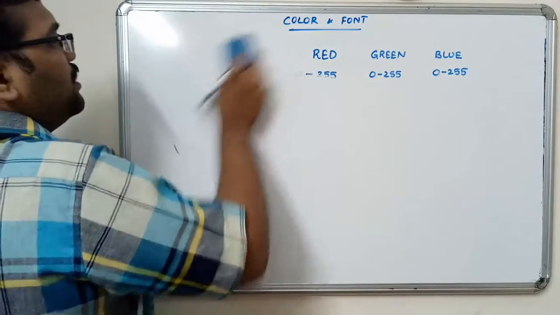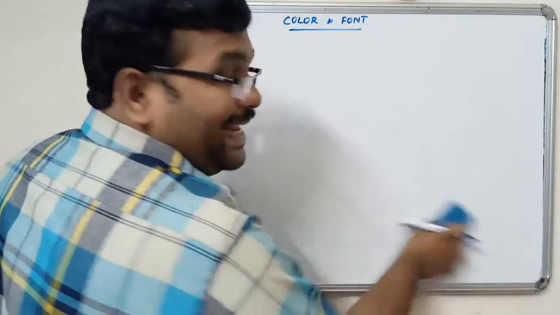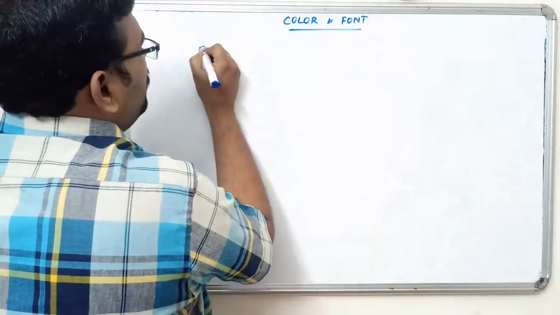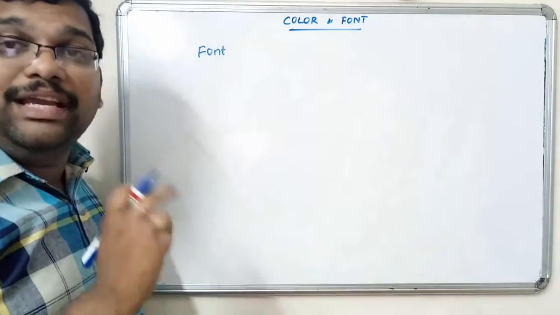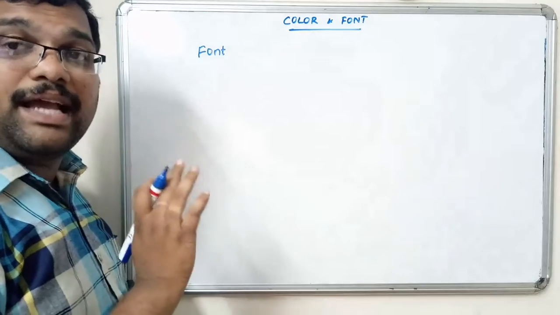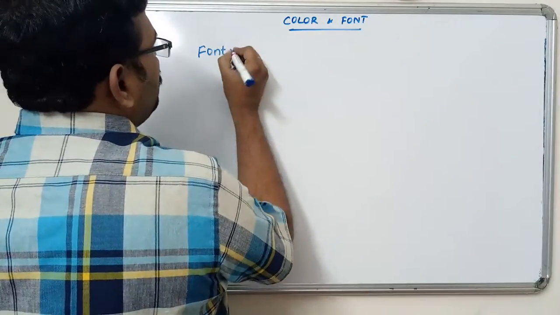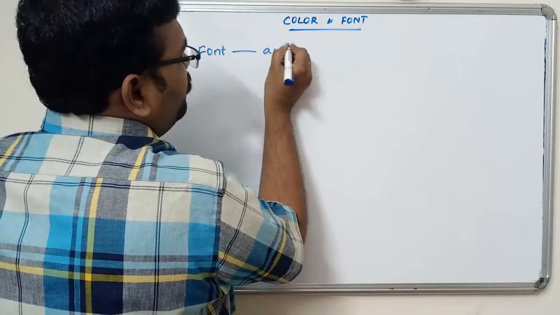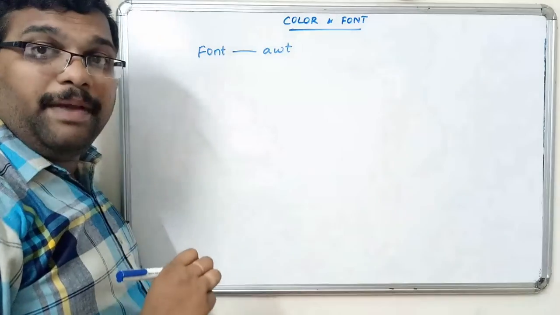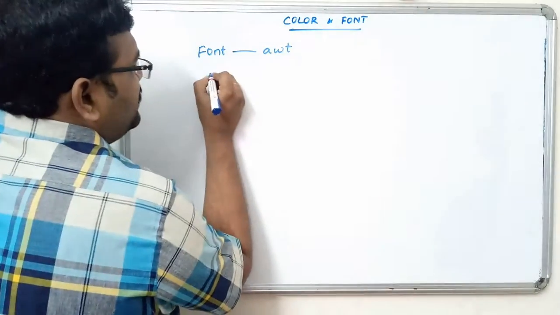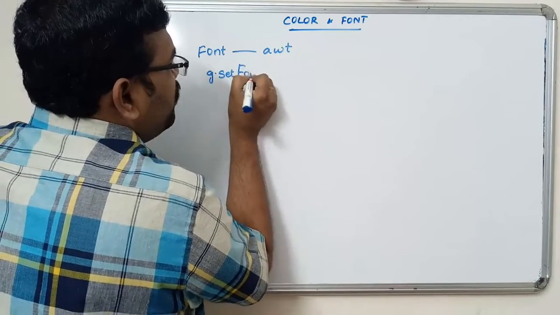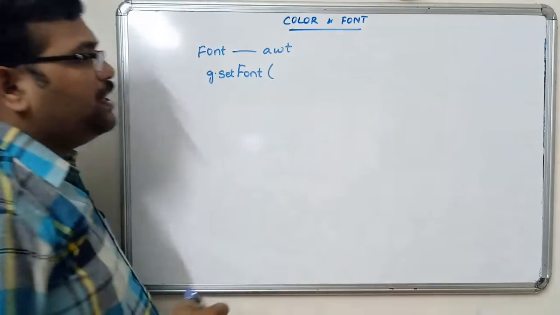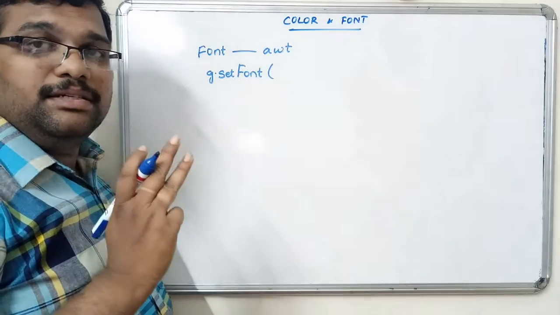Next, font. Font means the text, right? So font is nothing but the text. This is also a class, so F should be capital, that means the first character should be capital. It is also available in the AWT package. And there is a method for this, that is g.setFont, it will take